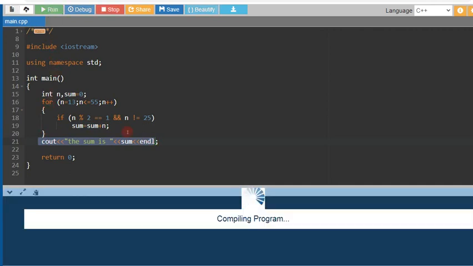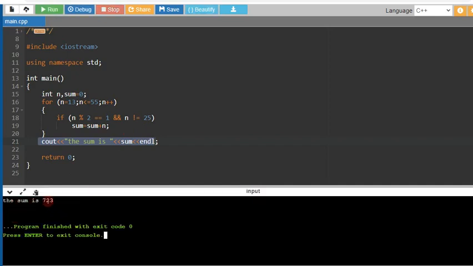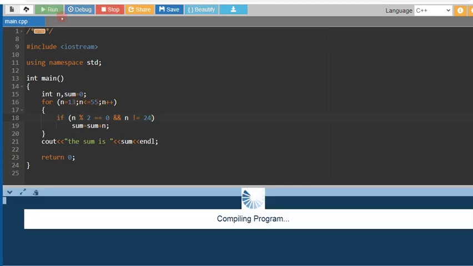Let's compile and check. The result is coming 723. It's fine. Okay, if the same question is given with even number, you simply need to make it 0 here and compile. If it is an even number, then 25 won't come, because 25 is not an even number. So in your question it might be 22 or 24, obviously, because if an even number is given, the even number is to be excluded. But these things are okay, no problem. So compile and check the answer.